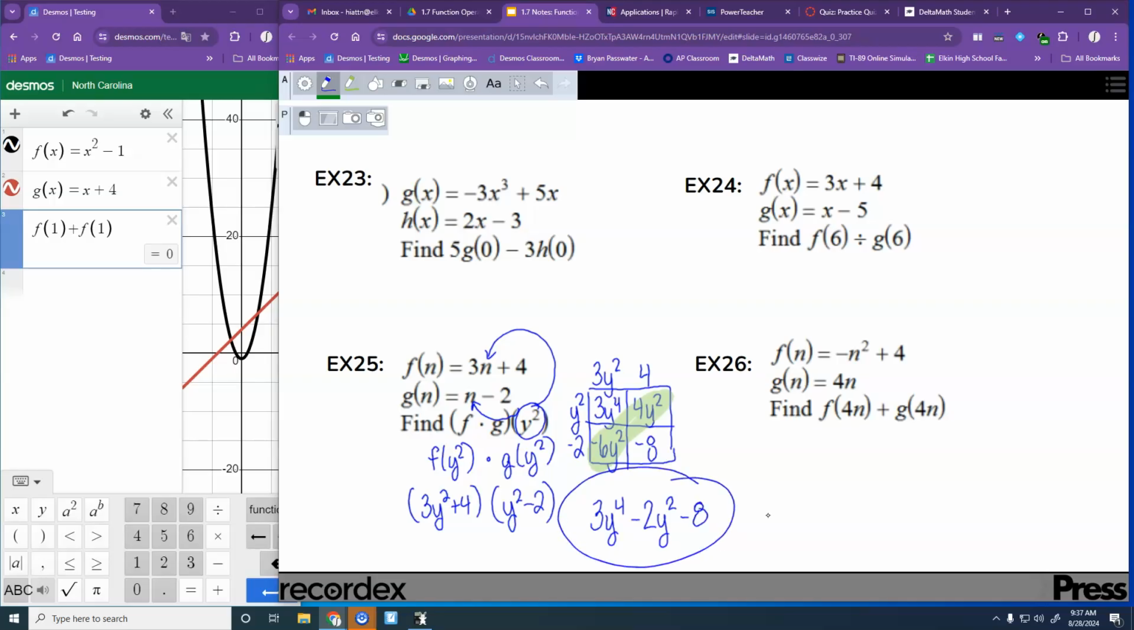So I said the last one was the hardest. That one's actually even a little bit harder because you've got to plug that y squared in, and you've got to multiply. Okay, questions? Okay, so